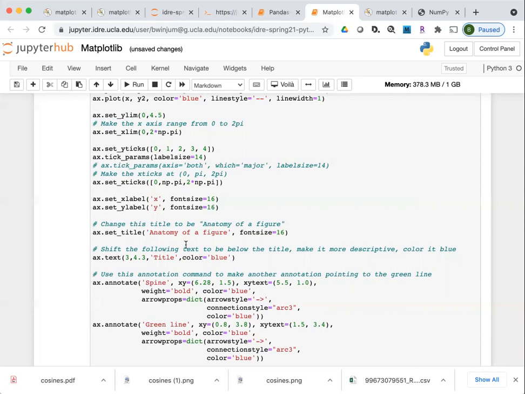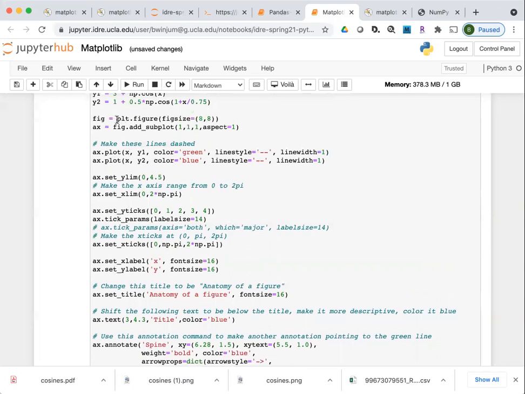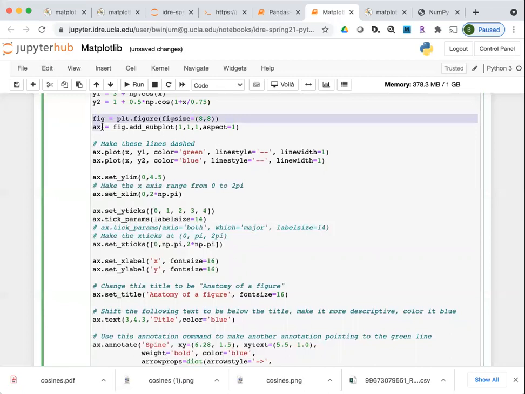But I hope this gives you enough exposure that, conceptually, what you'll be dealing with is plt for the high level, or the figure and the axes objects for the lower level. Then you have the plot, which actually generates the data on the graphic, and then various elements of the graphic that you tweak to make it look how you want.